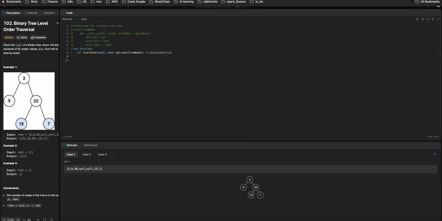First of all, if there is no tree we just return an empty list, right? So if not root, we will return an empty list. The results will be a store array, right? And we will create a queue. You use a queue for BFS, and we put the root in it, right? Then while there is still something in the queue,